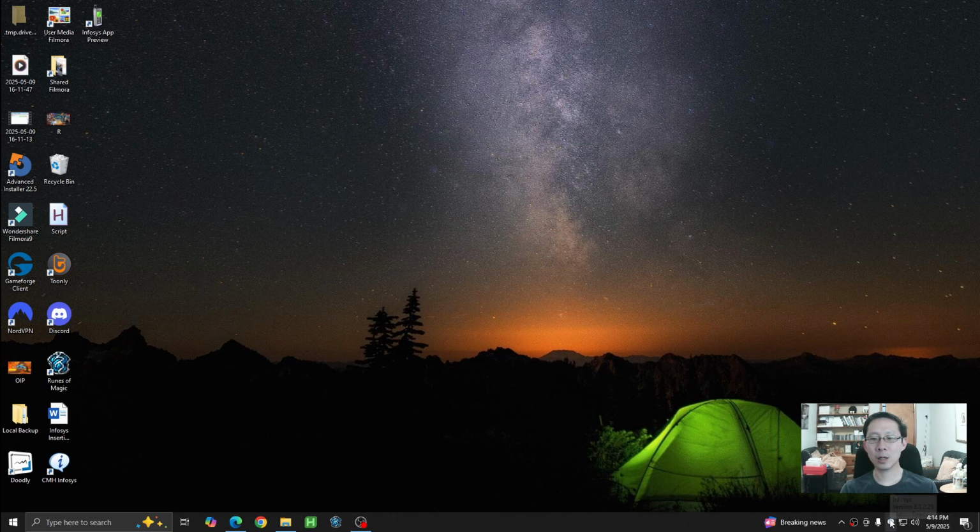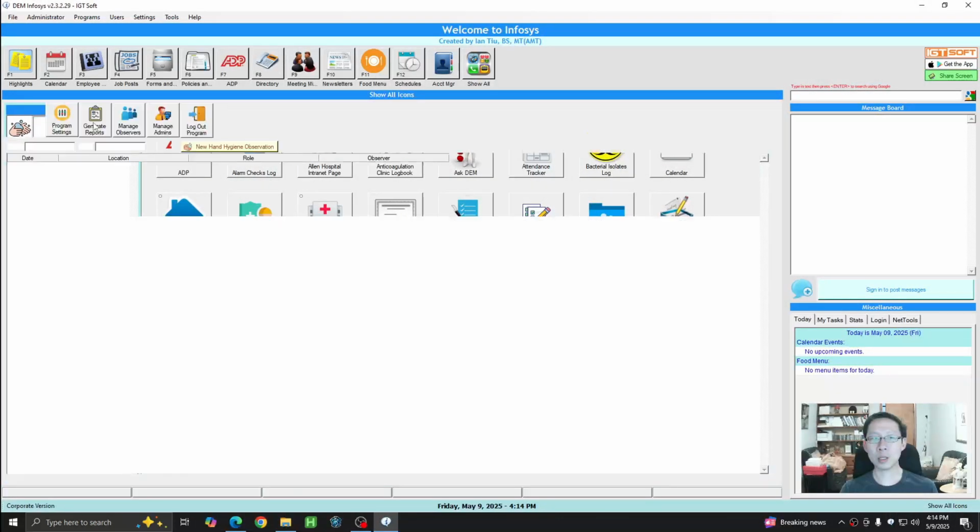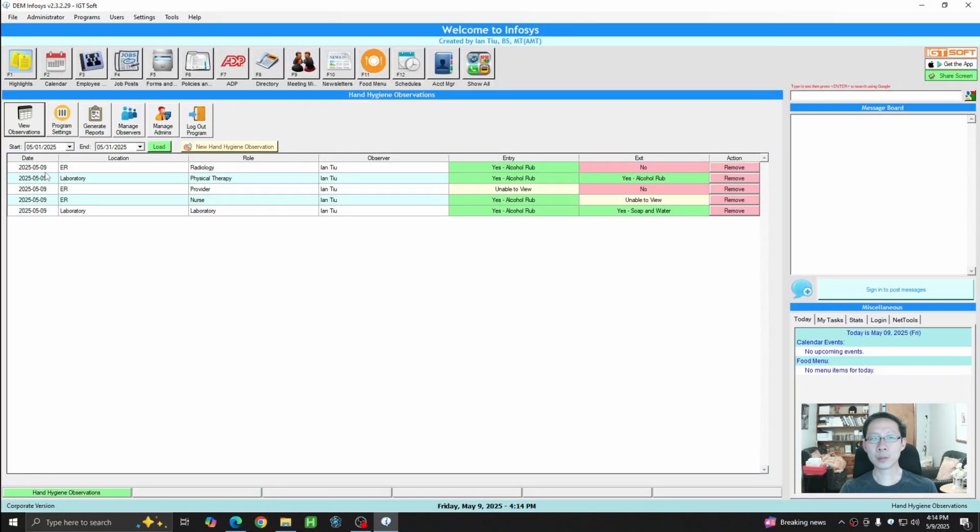And what it does, as an admin, you'll be able to see, like here, this is the recent entry that I just submitted. This is the location of the observation, the ER. The role is radiology, and I'm the observer. Entry, yes, alcohol rub was used, and after patient care, the radiology personnel did not practice any hand hygiene,